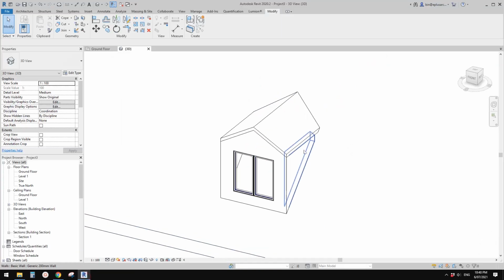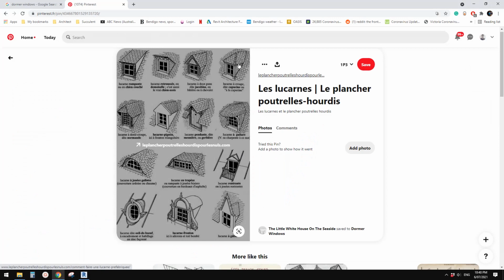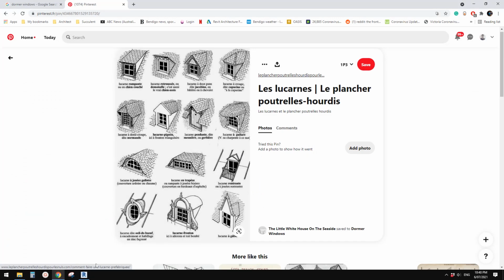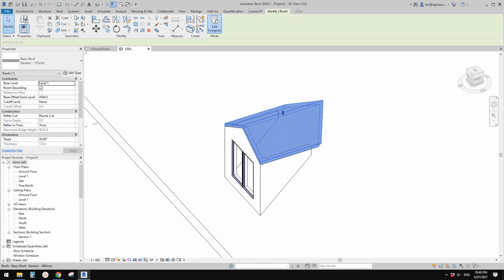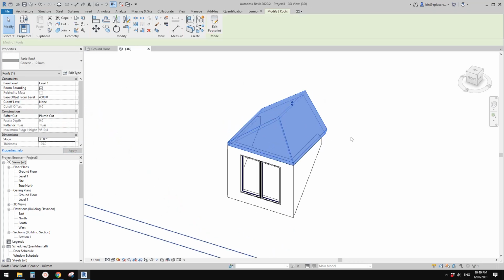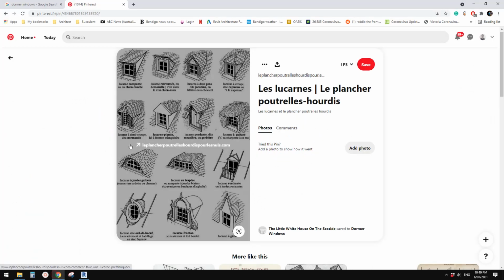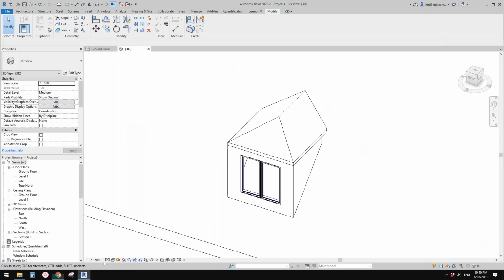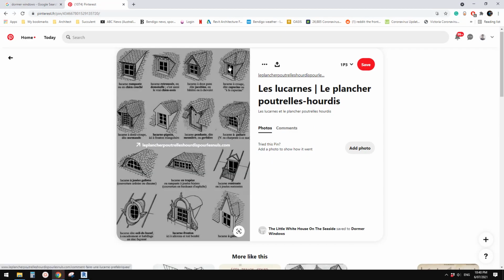Now fourth, so the same, just hit roof instead of gable, just edit footprint and check that 30, I think, finish, and that's it. Okay, so fifth, so this one looks a little bit tricky, but actually it's not that hard. Okay, so the difference is, so see this one, so this is same level of this or the roof, so